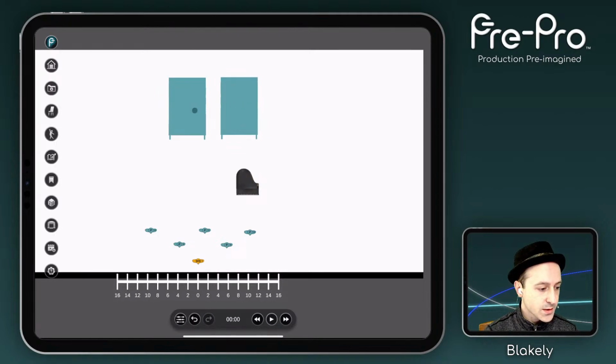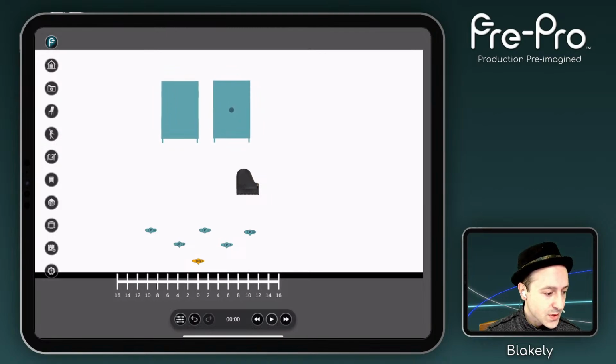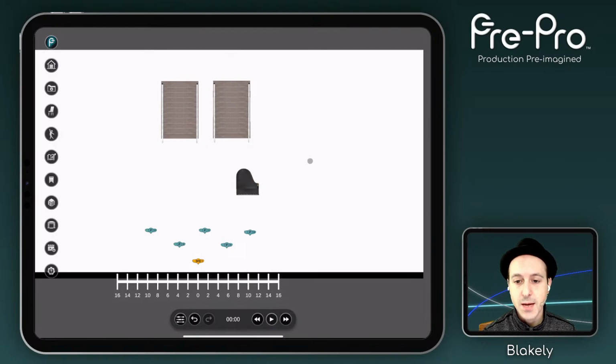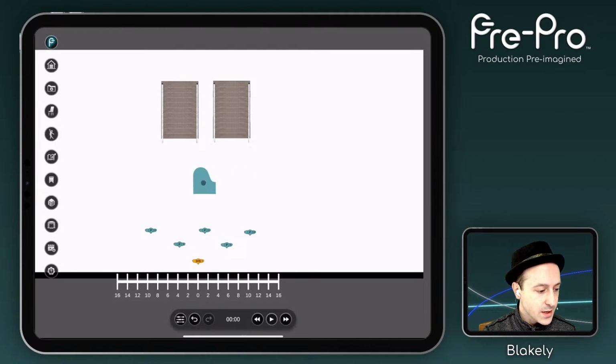Not quite center, so I'll tap this one in a multi-select. You can also do it with assets, remember. And I'll just center those off a little bit. And there we go. You can also double tap the asset there to get these extra options that you may have also seen around our performers. And just tap out to deselect. So I'm going to go ahead and take our piano here, and I'm going to make this center. And if I double tap it, you'll see we've got a rotate icon,